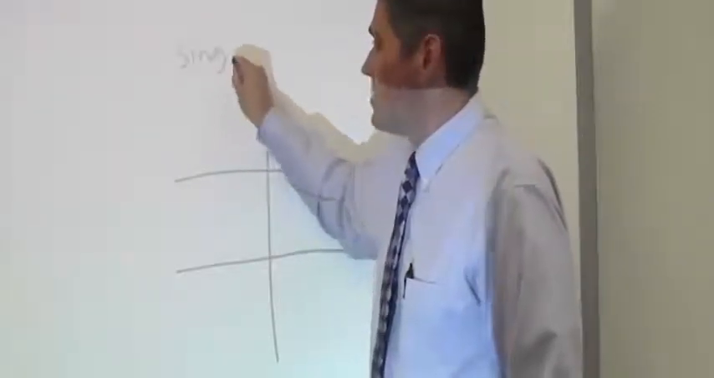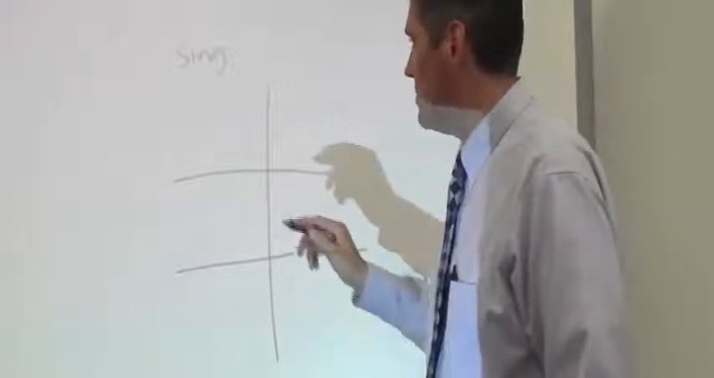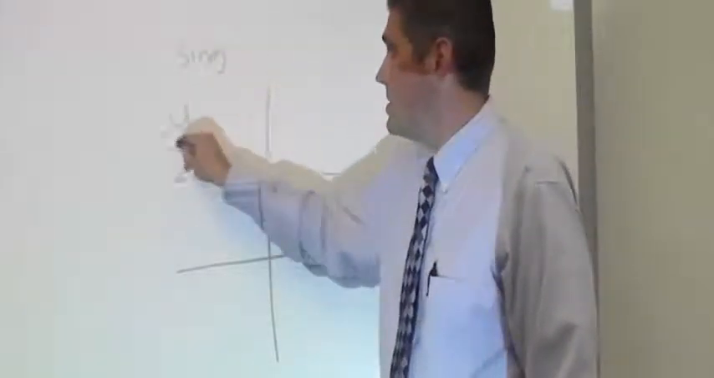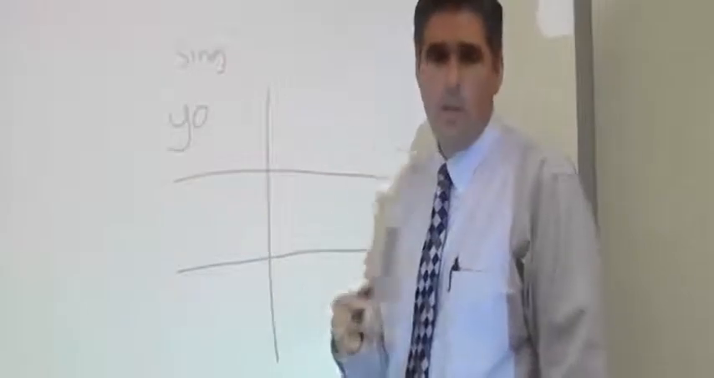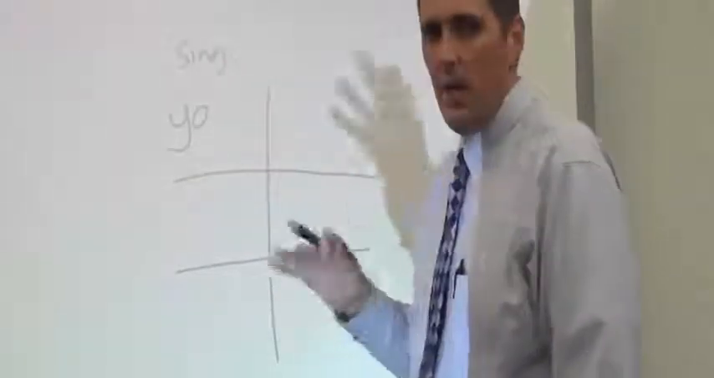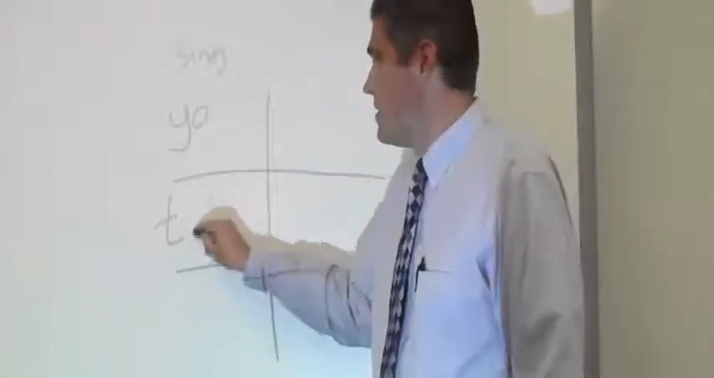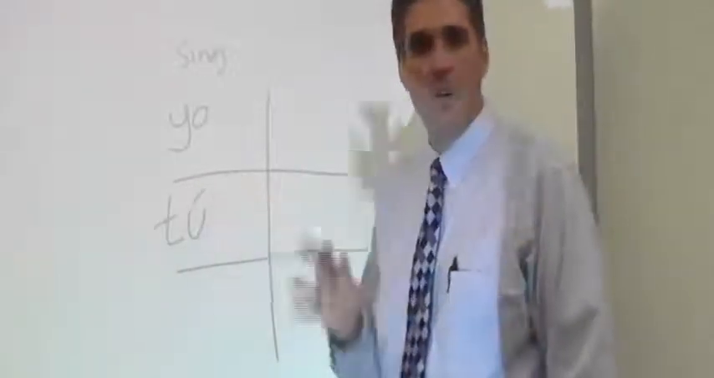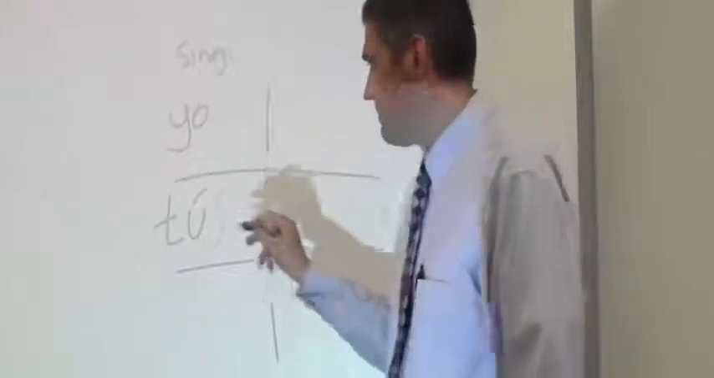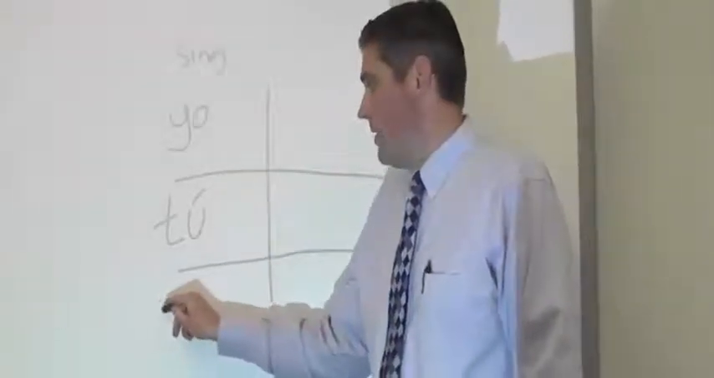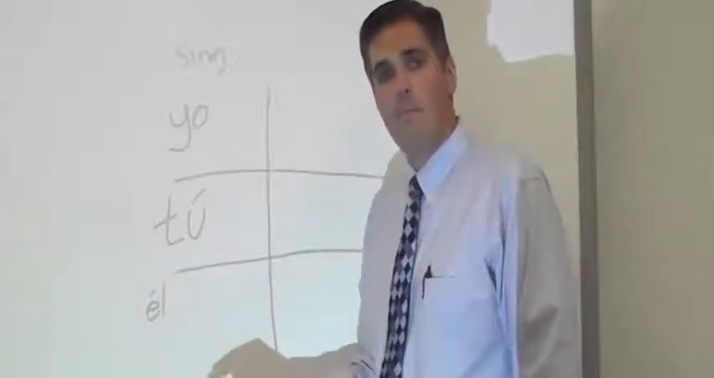On this side, we use singular subject pronouns, like I, which in Spanish is yo. Comes from the word ego, but that's a whole different story. Yo, for I. If you're talking to a friend, an informal person, your pet dog, some kids, we use tú for you. Now down here, we have él, which means he,